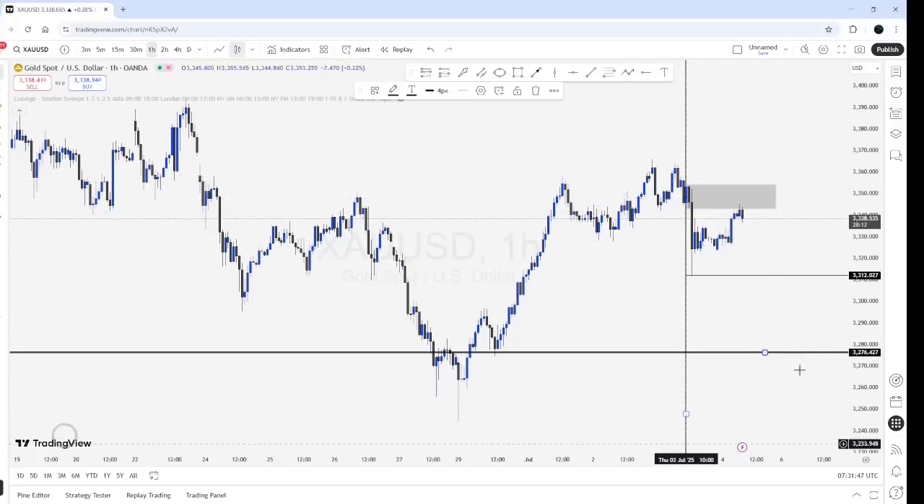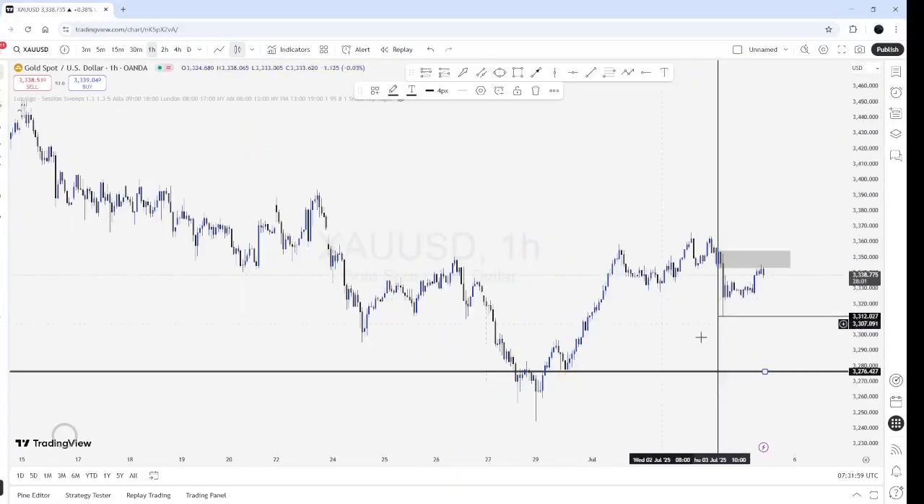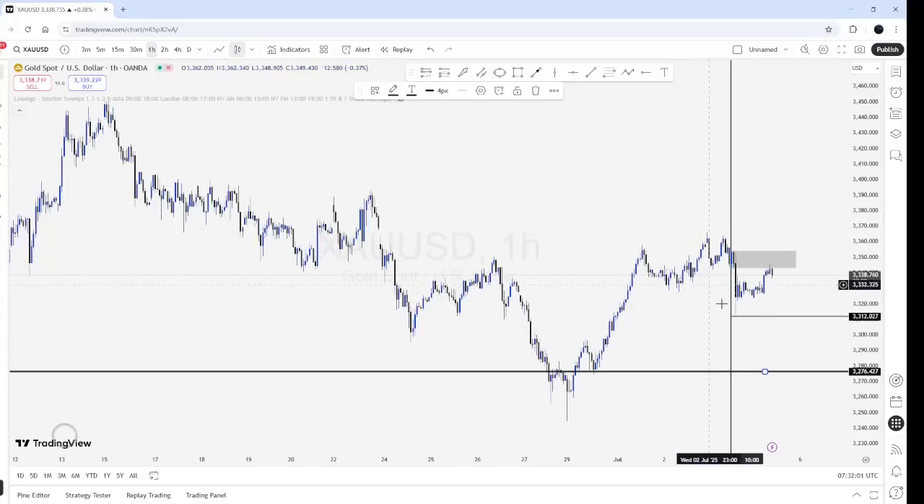People use just the horizontal line, but I use it for another thing. I use it to emphasize on just a certain price. But if I'm looking at a zone, I use the box. Let me check the name. This is a rectangle. So these are the